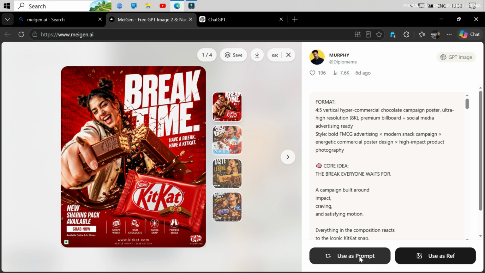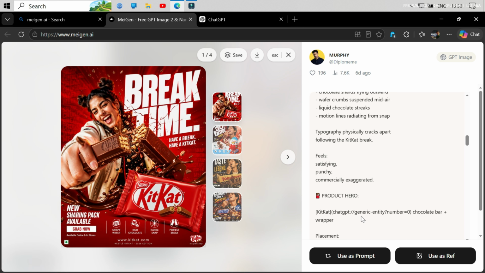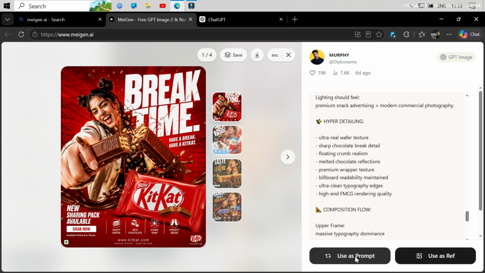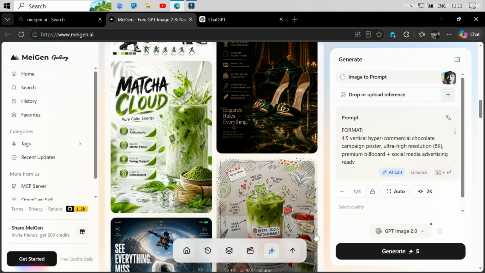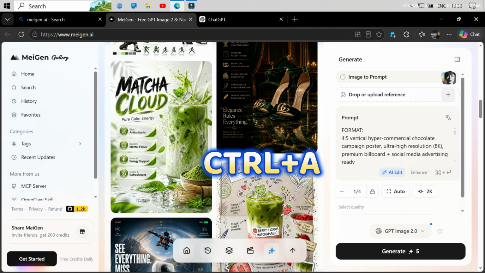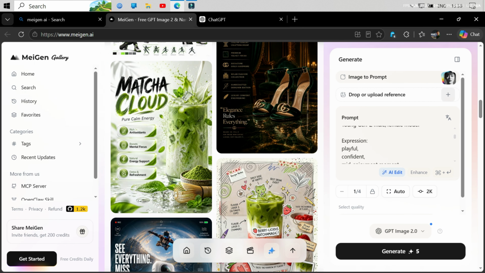As you can see, I have clicked on the poster. You can see you have to use a prompt. As you click on the prompt, it will give you another page and it will allow you to see the full prompt. You simply just have to press Ctrl A to select all the prompt on the screen, and simply copy those prompts,